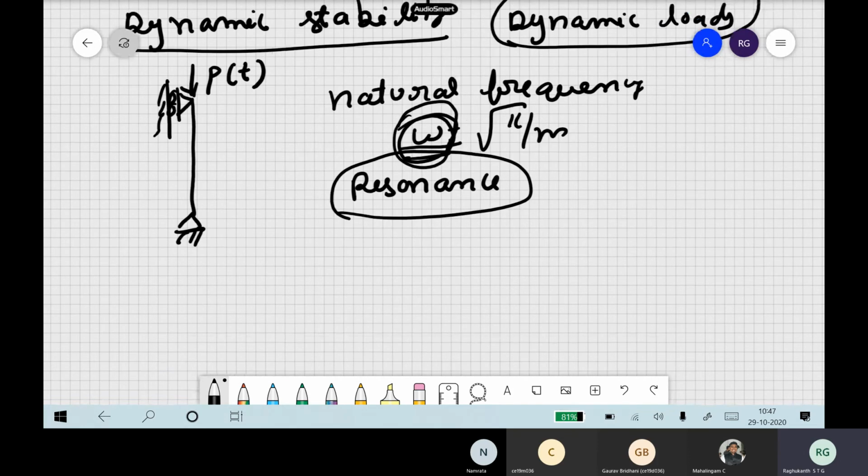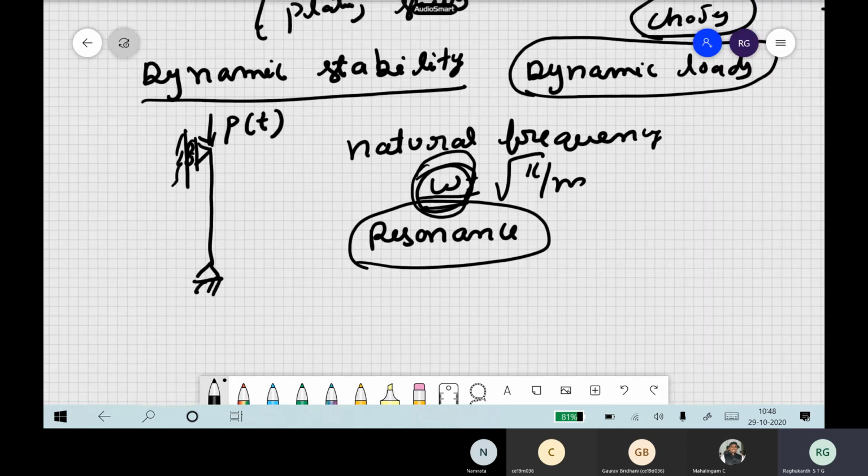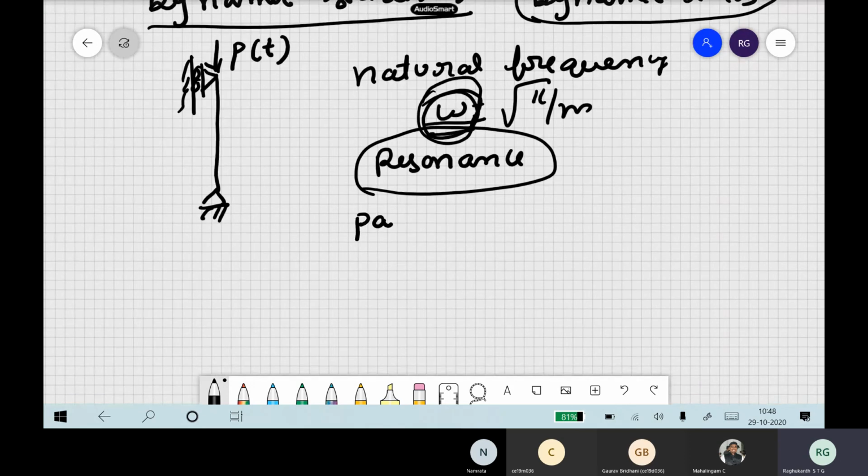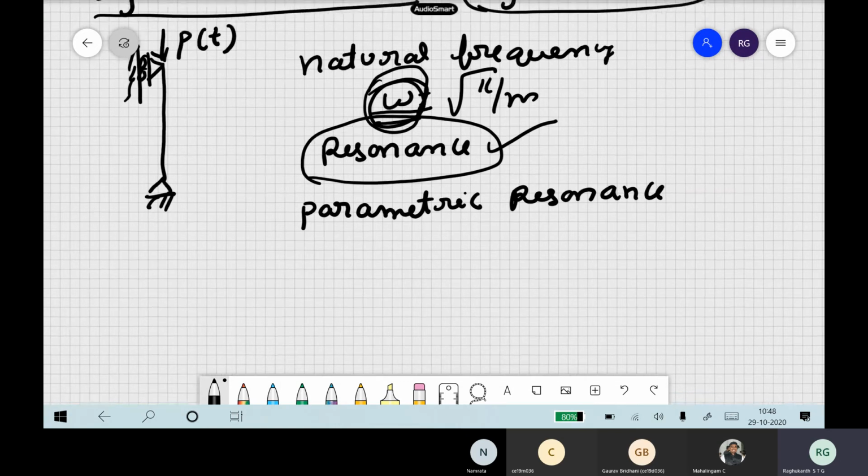Now when resonance comes into the picture here, because you can have a variety of buckling loads possible, you will see the component of parametric resonance. So here there is this new concept you have to understand. Resonance is fine, but when there is a stability problem, you have parametric resonance, which is much more dangerous than the resonance. This is a very important thing.